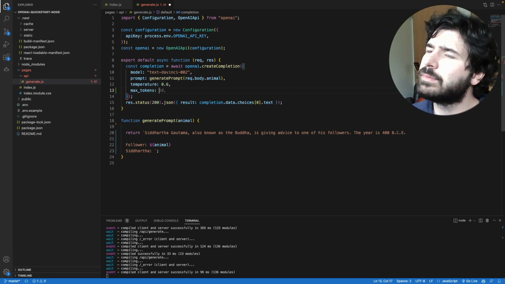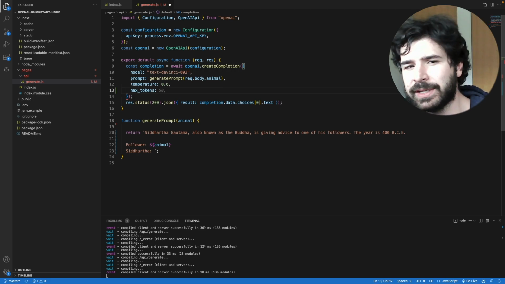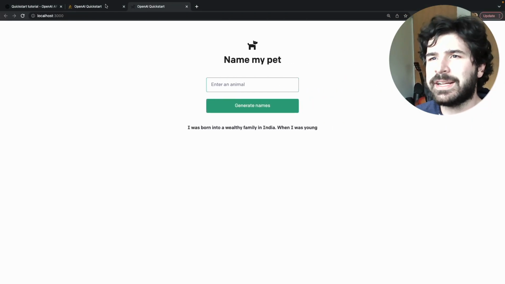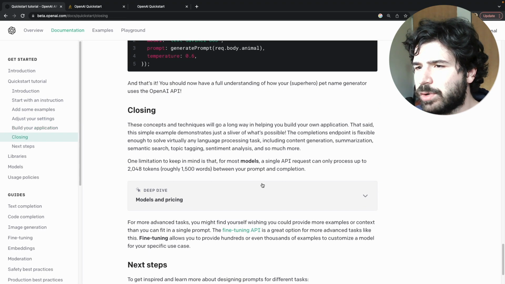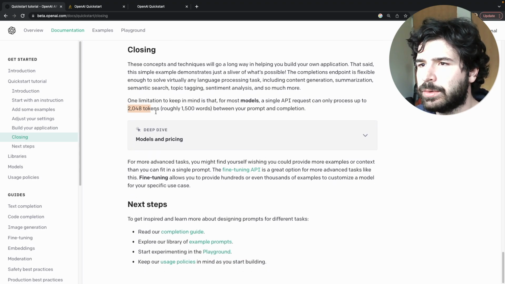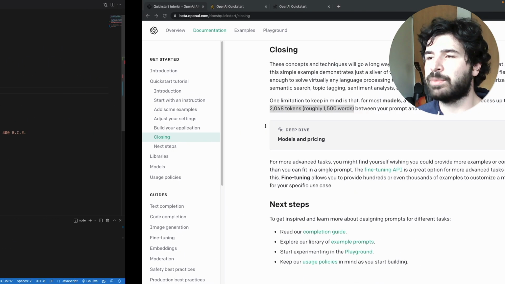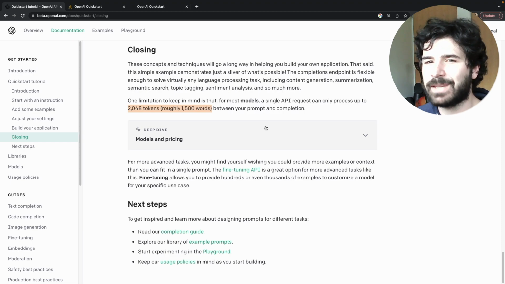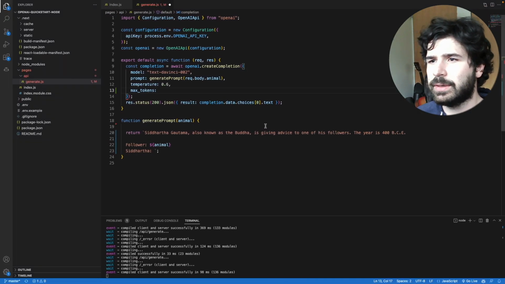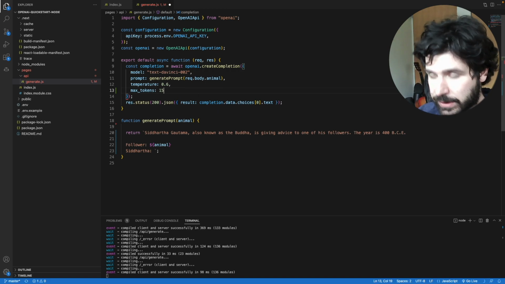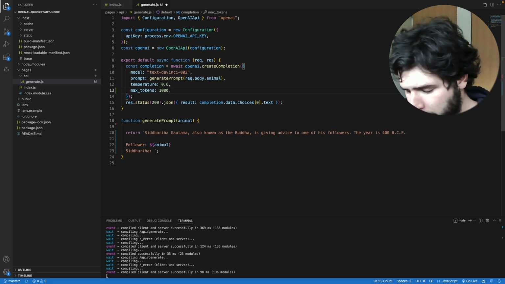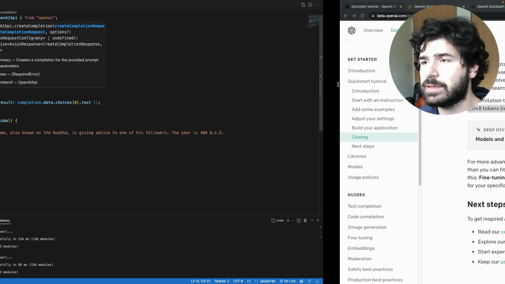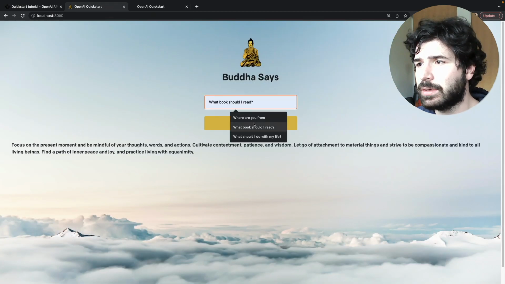So, you know, max tokens right now is probably like 50 or something. And I believe the maximum you can get is, it's somewhere around 25. Oh, there we go. So 2048 tokens, roughly 1500 words is your max. So, and our prompt probably has 100 words. So let's just say 1500 tokens. Well, let's put it 1,000 because I don't want to use up all my credits. So if I save that, and now let me ask, well,